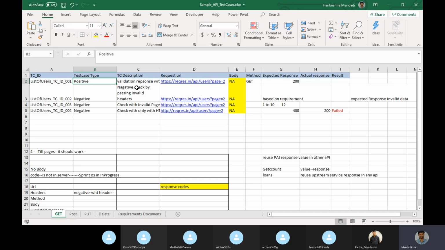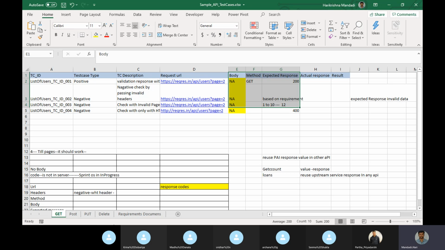The actual result I don't know because it is in the development stage. Actual response I cannot give, only the expected things I know.